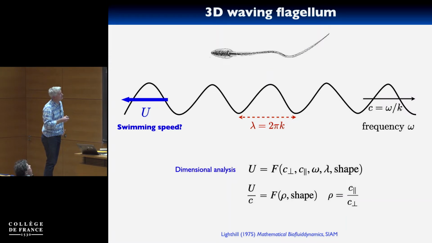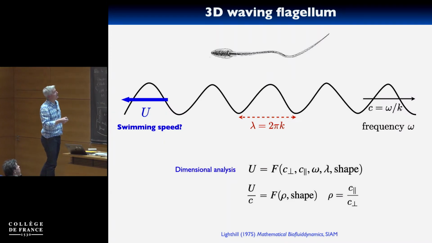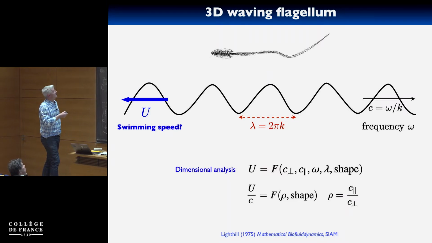He asked the question, well, can I do a calculation that is better than a simple waving sheet? Can I actually do a real cell calculation? So there's one beautiful calculation he did in his book, which I'm going to highlight to you for a few minutes. He said, well, imagine I have a sperm now. It's a flagellar filament. It's a deforming flagellum. I'm going to assume that it deforms exactly like a pure traveling wave. Can I use the fact that it's an exact traveling wave